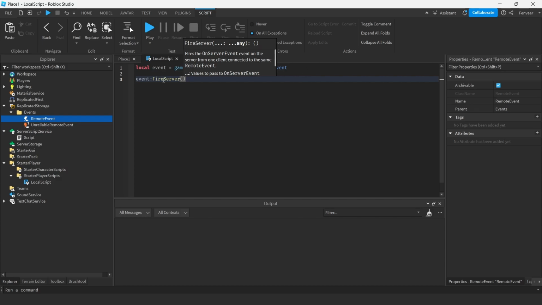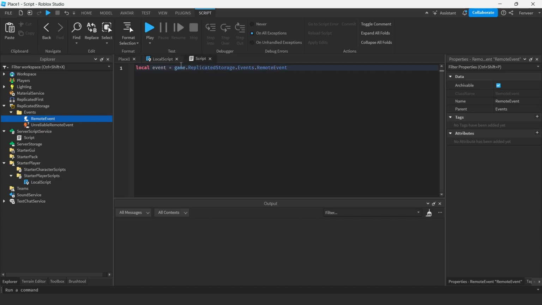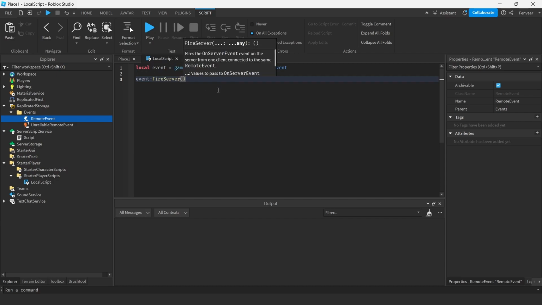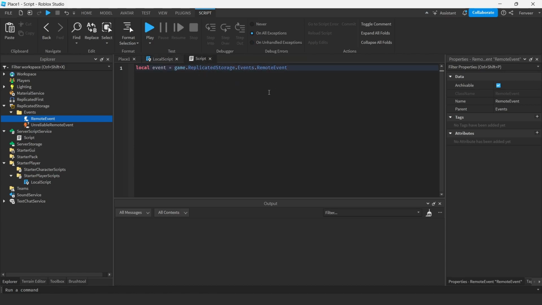And we can use this to pass information to the server. So let's give it a string, and let's give it a number. Okay, and then on this side, we can connect to that